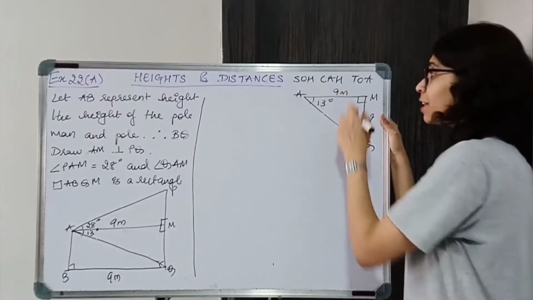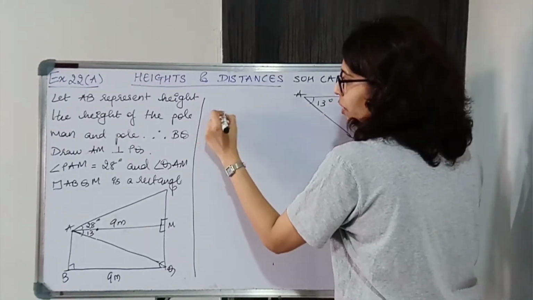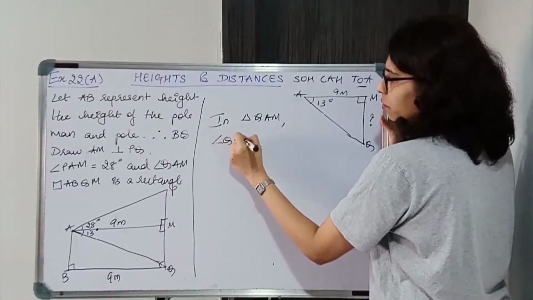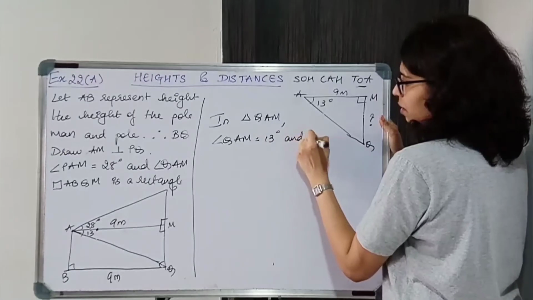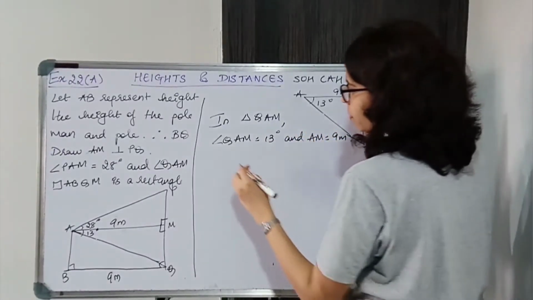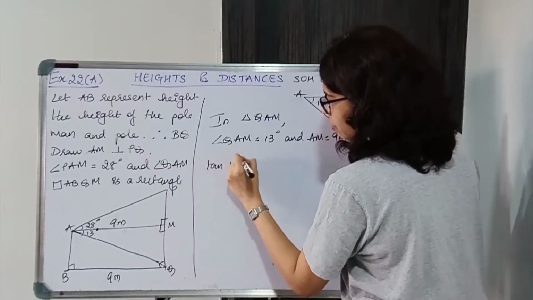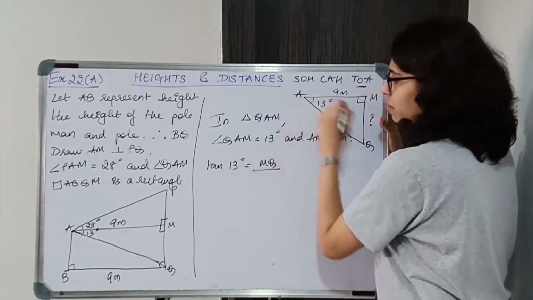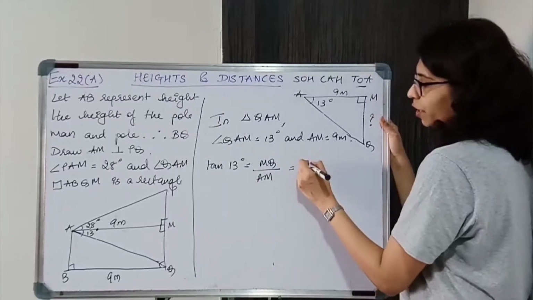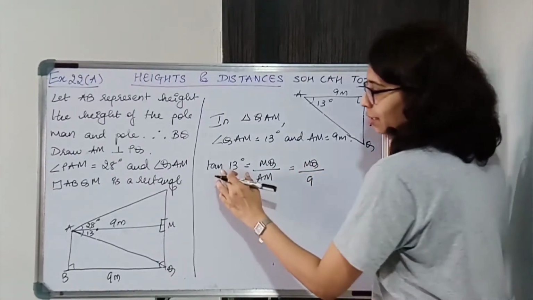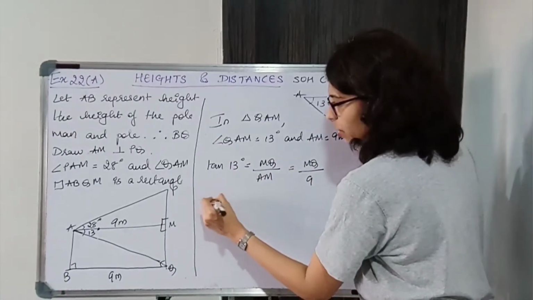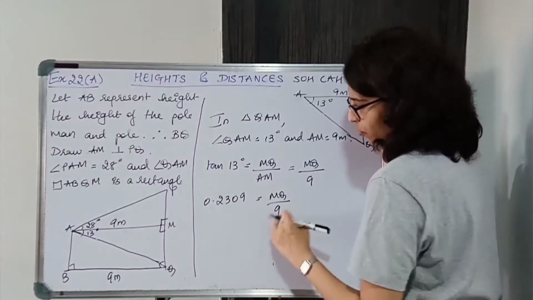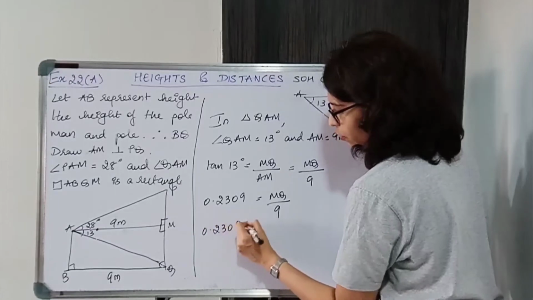Now ये find करना है angle का opposite and angle का adjacent is given, again we'll use tan, okay। So in triangle QAM, angle QAM is 13 degrees and AM is equal to 9 meters। Now tan 13 is equal to opposite upon adjacent, tan of the angle will be opposite, opposite is MQ, adjacent is AM। MQ we don't know, AM पता है, it is 9। tan 13 you will get from the table, 0.2309 is equal to MQ upon 9, shift 9, so 0.2309 into 9 is equal to MQ।